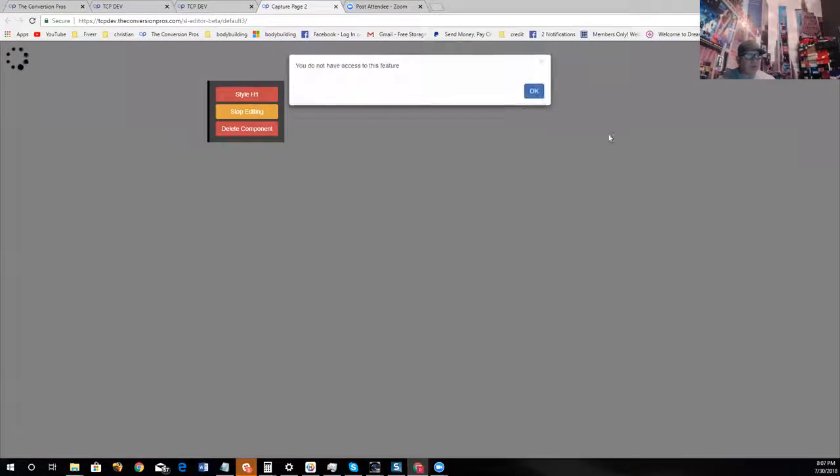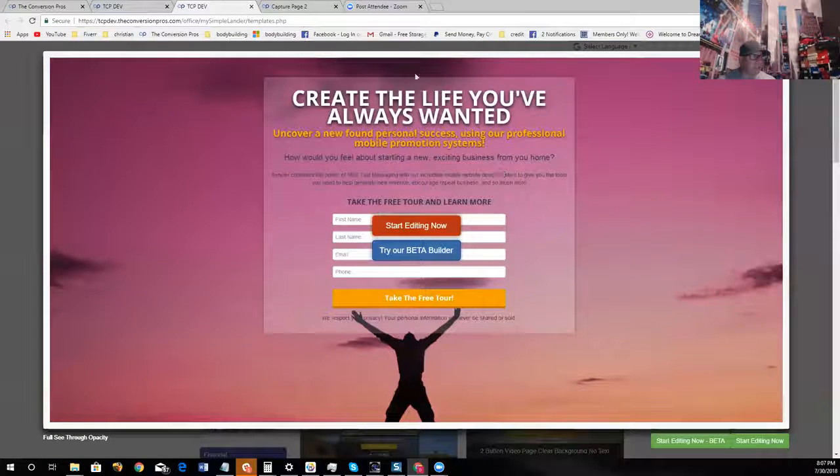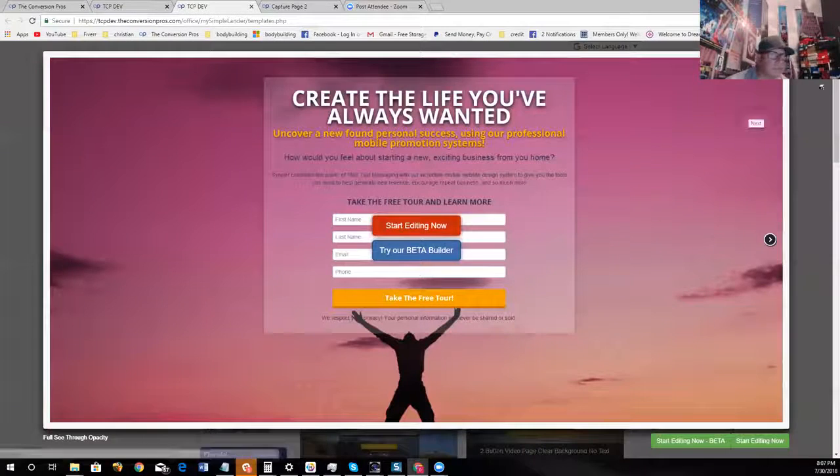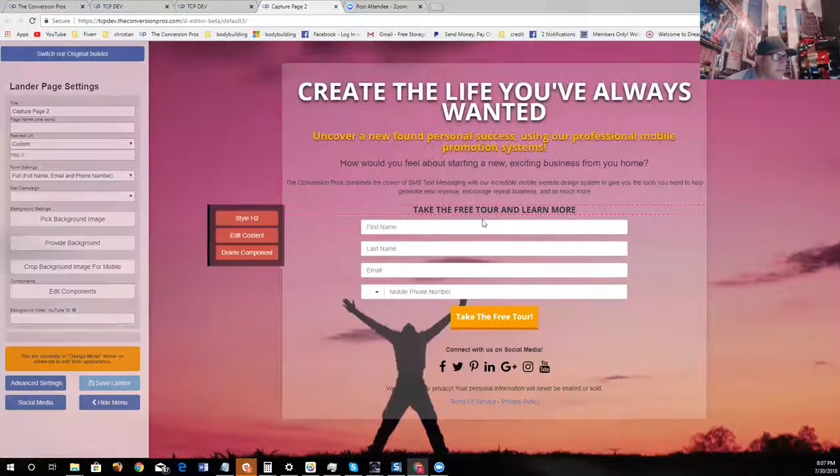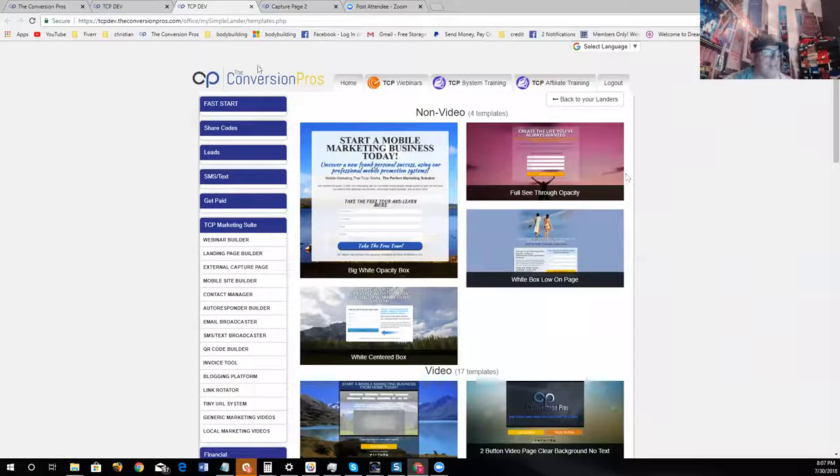The background still works, so we have our background images here. Hold on one second here. I don't know why that worked like that. Hang on one second. It's running a little bit slow because I'm on Zoom. So hang on one second, everybody. I don't know what's going on here. Let me get rid of that. They must be doing updates to it right now. Let me try this again here. Pick background image. I don't have access to the feature. Okay. Well, anyway,